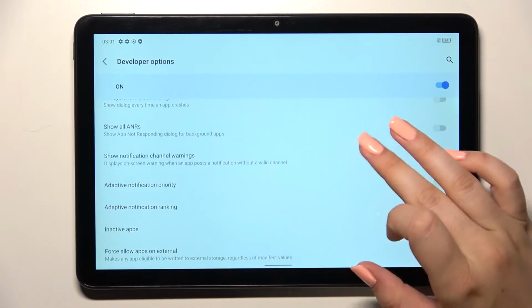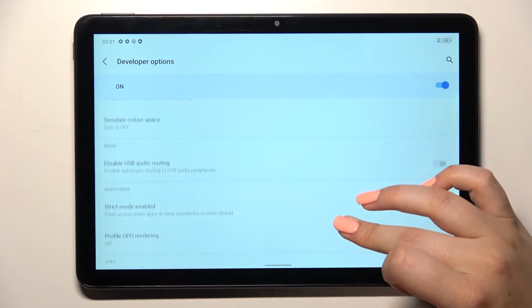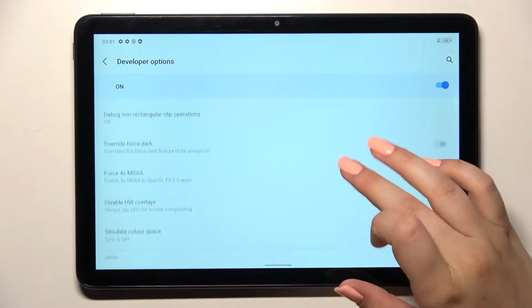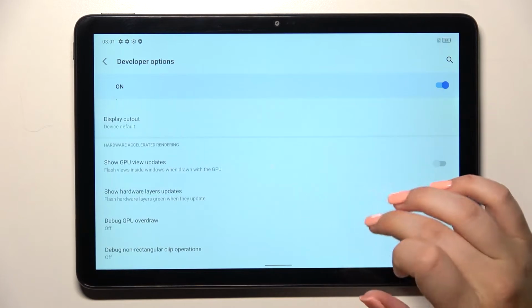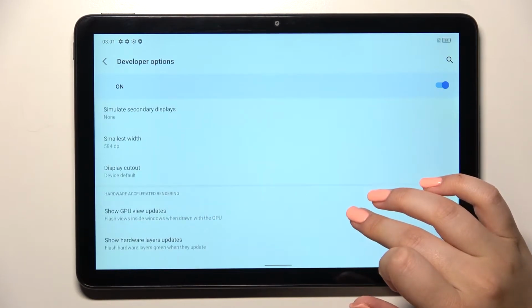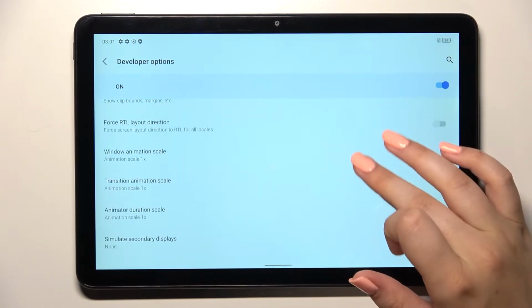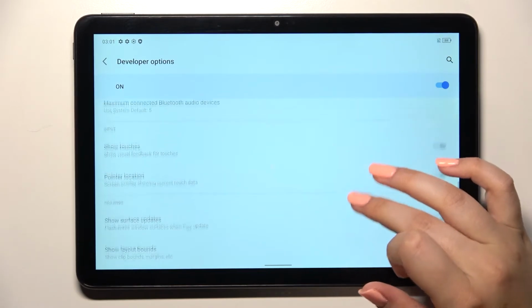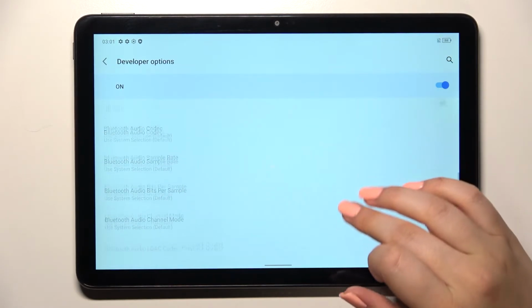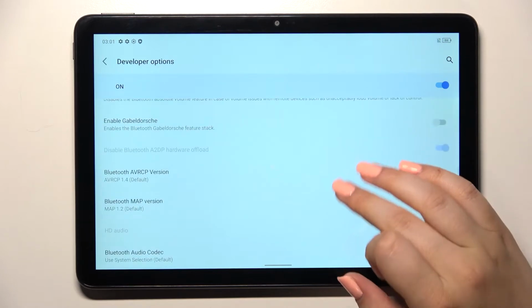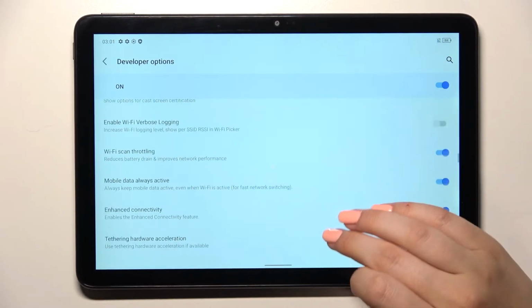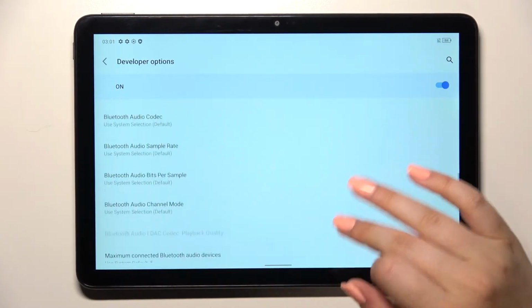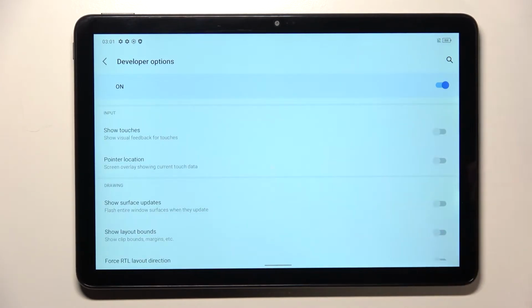So for example, we can inactivate the apps, we can enable the strict mode. Here we've got some options to show hardware layers updates, animator duration scale, we can show surface updates, pointer location. Here we've got some options which are connected to Bluetooth and overall to the networking, and so on and so on. So quite a lot of options, and in order to turn on the option, all we have